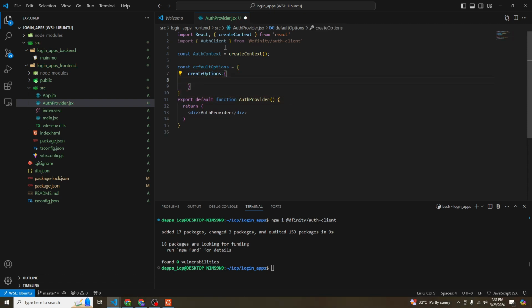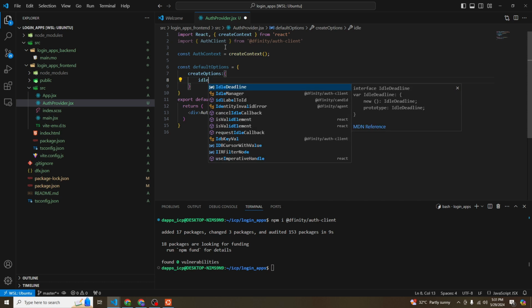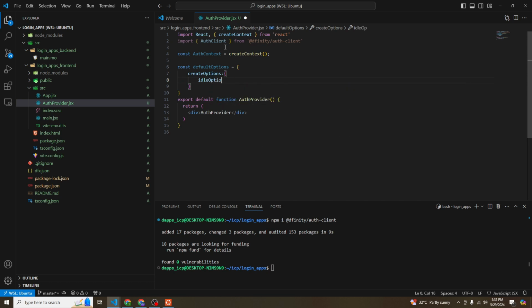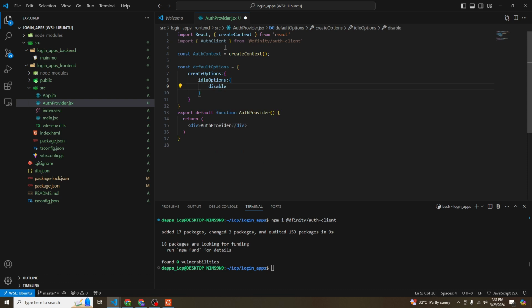Inside the createOptions, we have idleOptions, and inside this we have disableIdle is true, and then